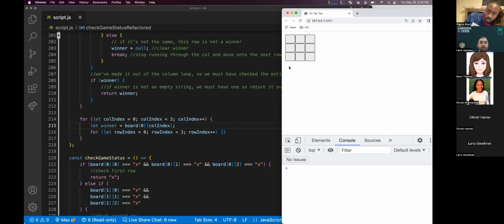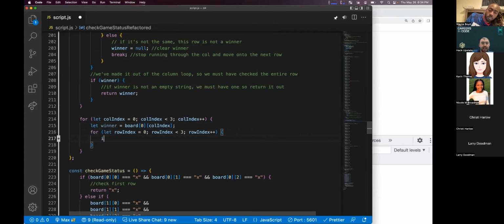So we're going to go into our for loop here and we're going to say if the board of the row index that we're on in the loop, which is coming from here, and the col index that we're on, which is coming from up here, is equal to our winner, then we can just reuse our logic up here.